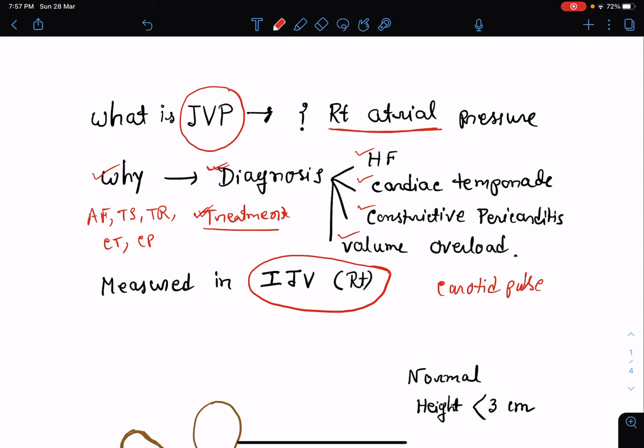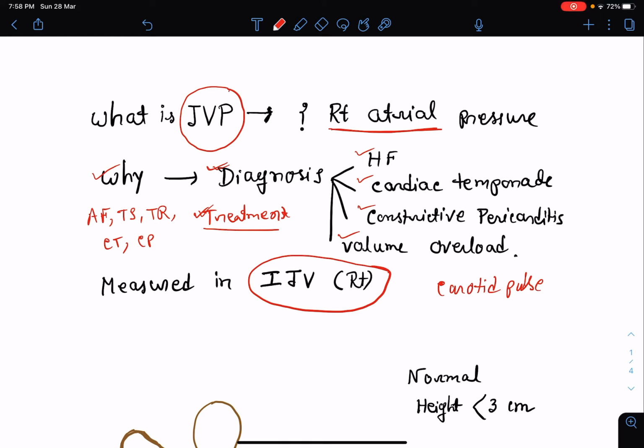Now, there are certain points by which we can differentiate between the venous pulsation and the arterial or carotid pulsation. For example, in carotid pulsation there will be only one pulse or one positive wave, whereas in venous pulsation, that is pulsation in the internal jugular vein, there will be two pulses or two positive waves. The pulsation in the vein can be obliterated by compression, whereas pulsation in the artery or carotid pulse cannot be obliterated with any pressure over it.